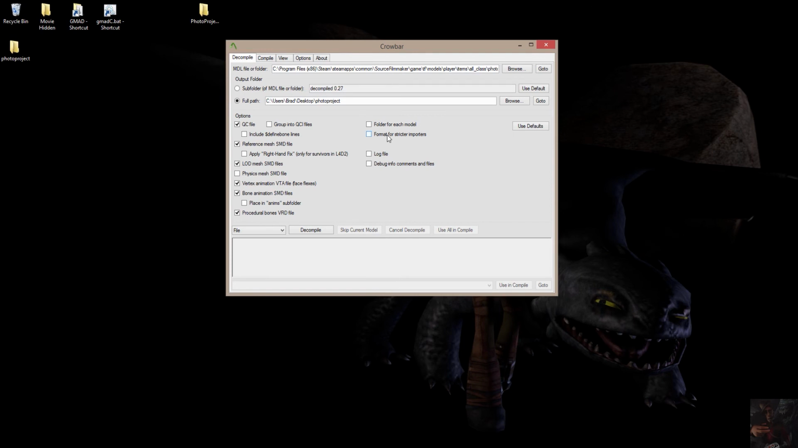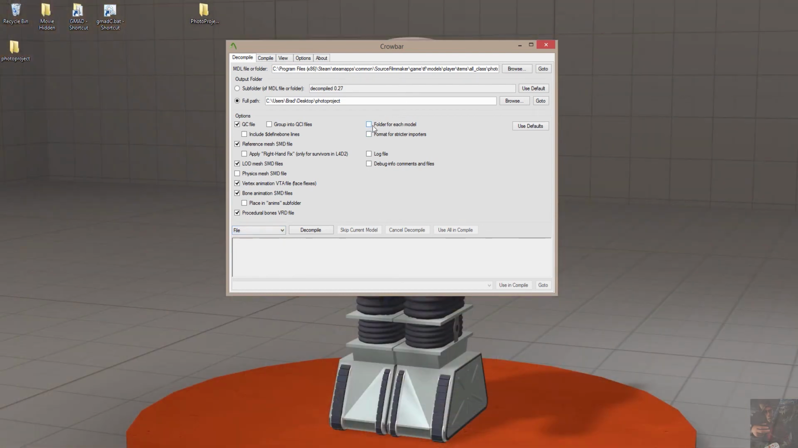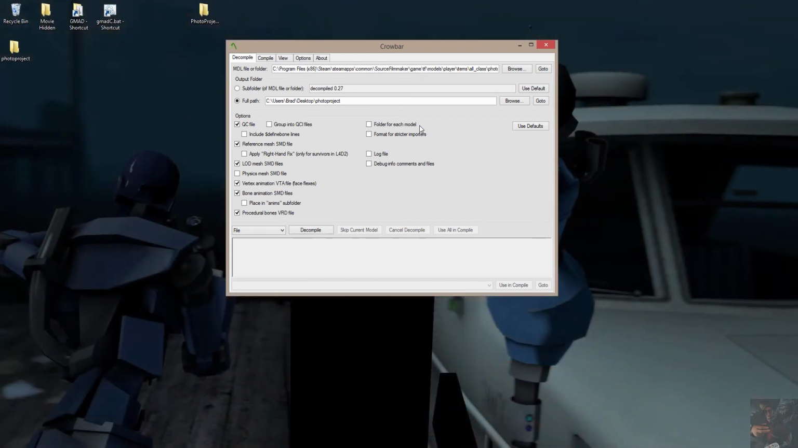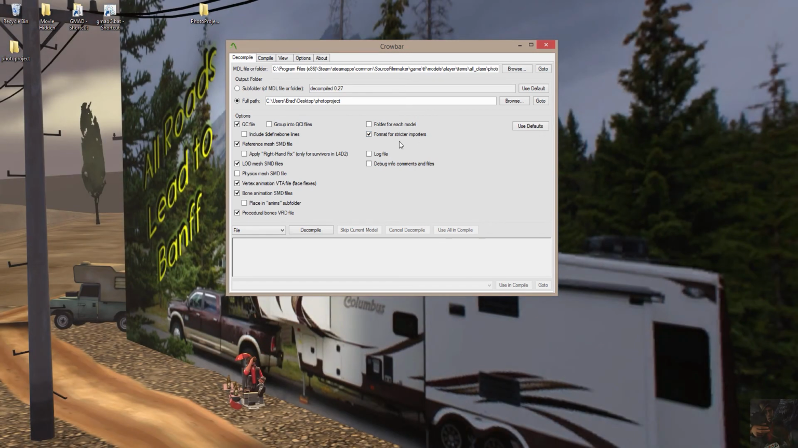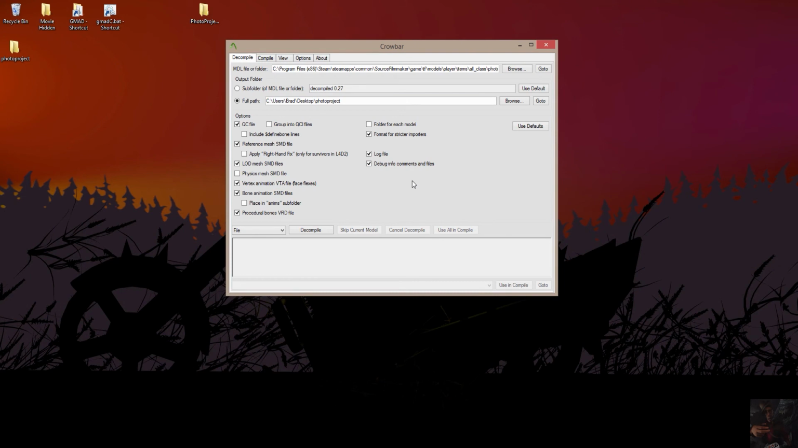Now if you're downloading folders and subfolders, I guess this will actually create a new folder for each model that it decompiles. Like I say, this thing was only released yesterday. I haven't had a real good chance to explore all the functions of it. I'm not sure what the format for Pt3 importers means. It's something that I'll have to talk to Zek about, but I'm going to check that on just to see what that does. Create log files, yes, and I want debug information in the form of comments in the QC,